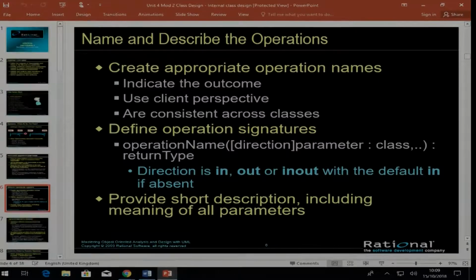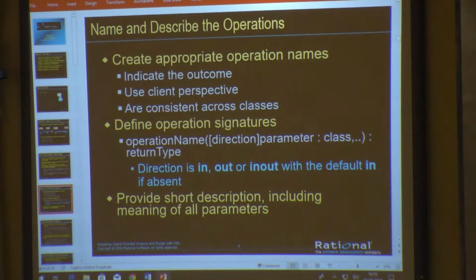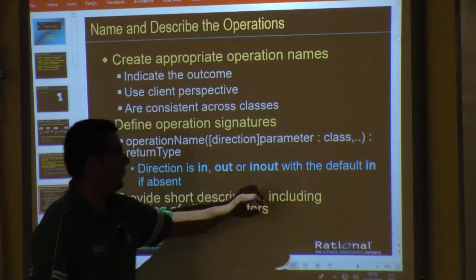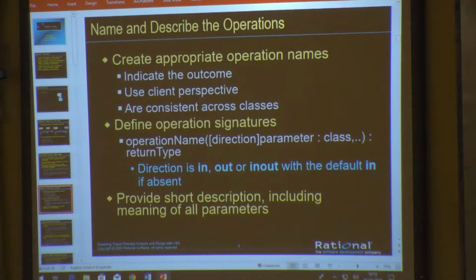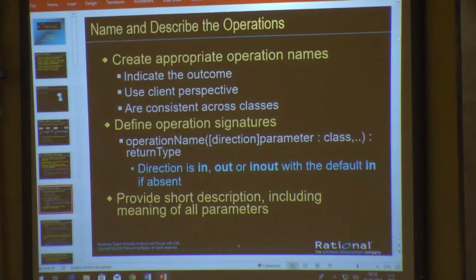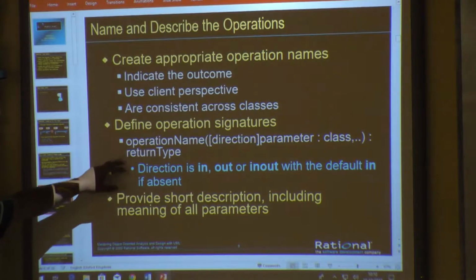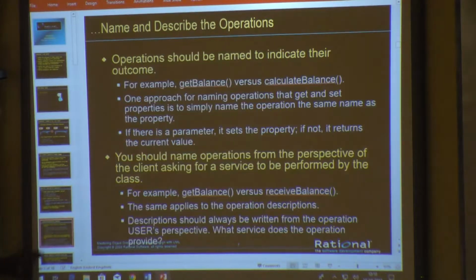So then they also mention how we define the operation signature. Operation signature is the name of the operation, but then in brackets it normally takes in the parameters and the data type of the parameter and the direction and the returning data type of that actual operation. Now, not all languages support the direction of parameters which you're going to pass in or out, or even bidirectional parameters. Okay, so then there was a quick discussion about